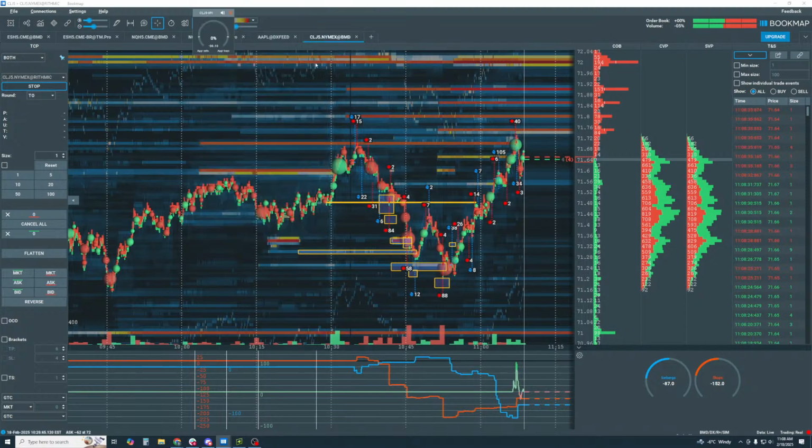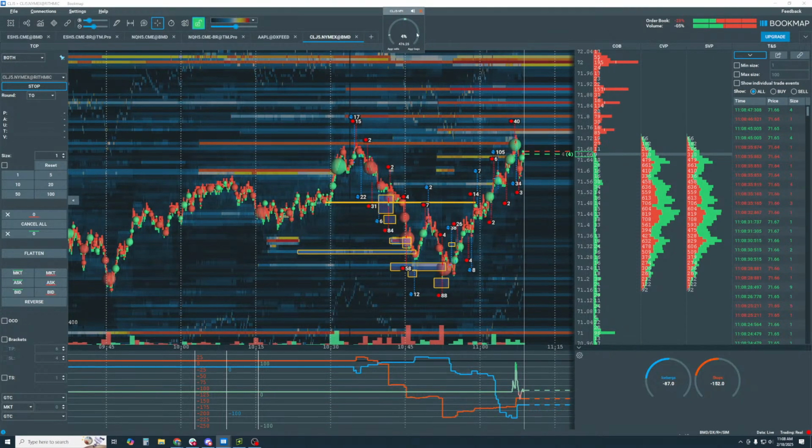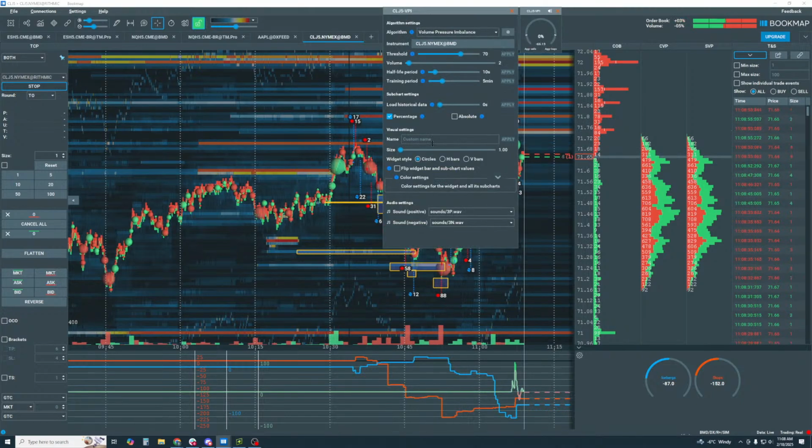And you look for that in the subchart here, as well as on the widget itself. Okay, so that is a really great feature, in my opinion. And again, you can play around with it and look for whatever you want to look for. Maybe it's 2 minutes. Maybe you have a half-life period that brings it back to 0, or halfway to 0, more often.